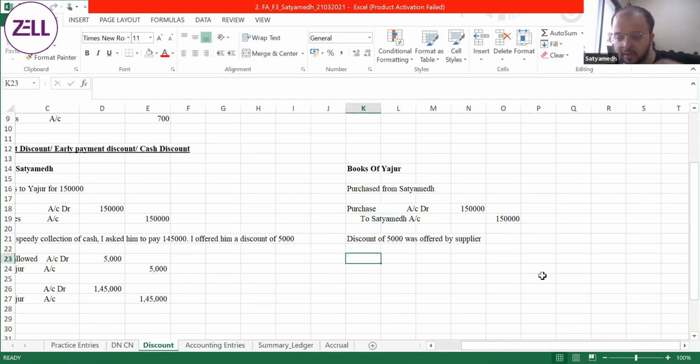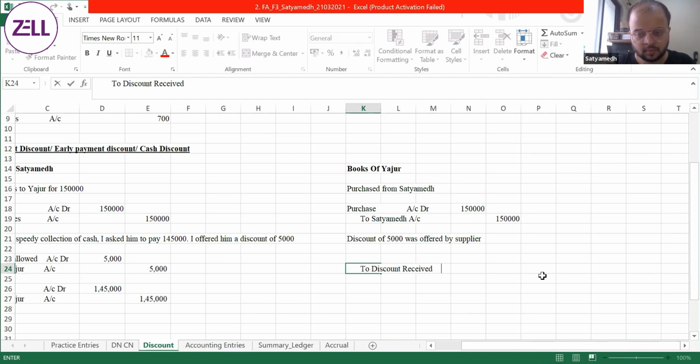Any reduction in future liabilities also gain ही हो गया ना मेरे लिए. So my accounting entry will be credit all incomes and gains. To discount received account. सत्यमेव को पहले 150 पे करना था, अब 5000 कम।